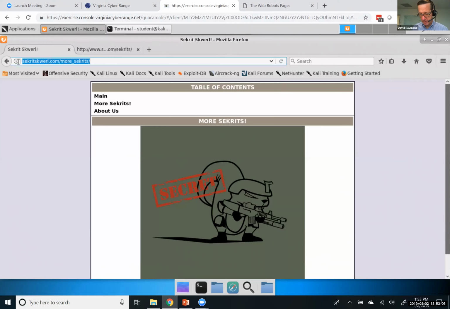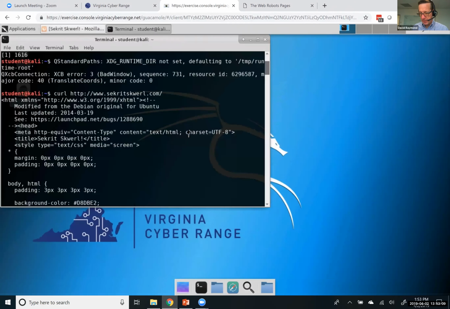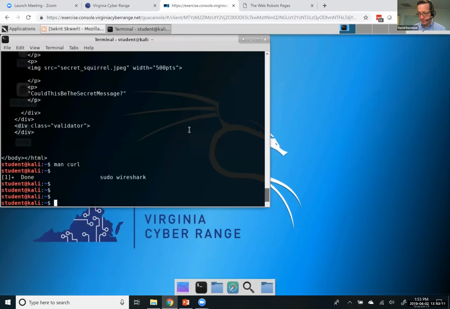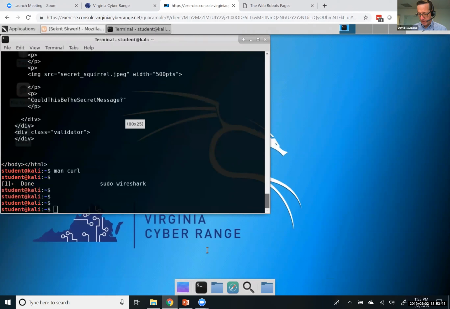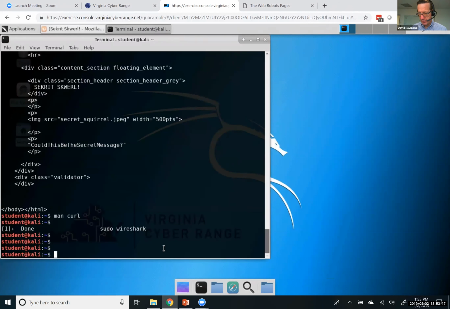I'm going to copy this, Control C. I'm going to curl this. It's one approach, not the only approach. You could look at this in Wireshark. You could use a proxy, which we'll take a look at in maybe next week. But I'm going to curl, and then I'm going to paste. So I'm curling